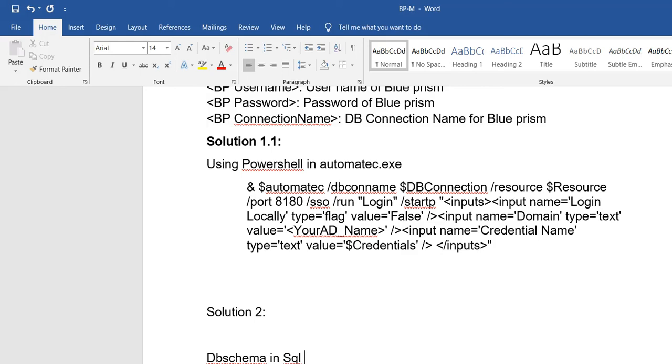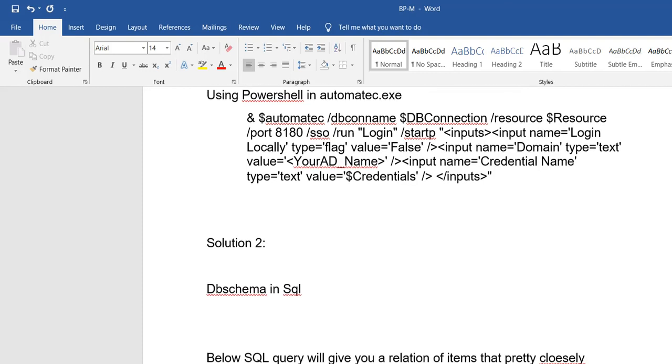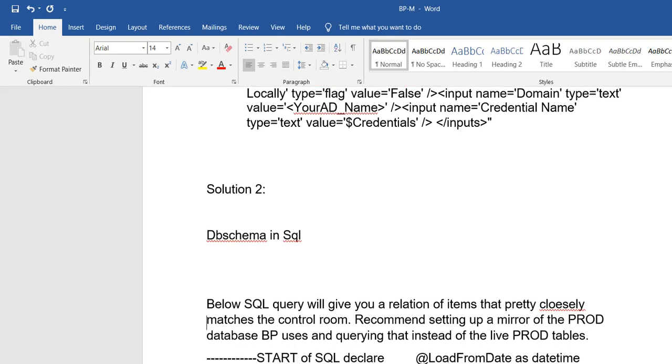If you know the data, if you know the XML, how the XAML has been created, how the schema has been created, and what tables are available in Blue Prism, then you can change anything in the backend as well. So here you can see, if you run the below query, you can closely watch your bot like a control room, and you will get immediate results.